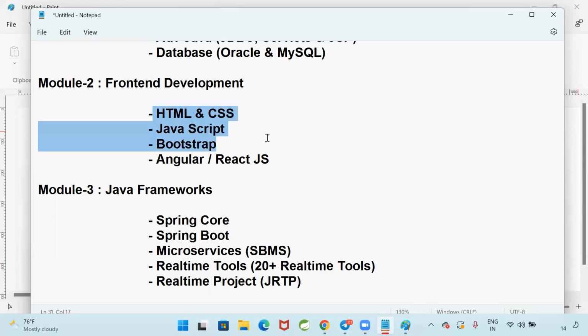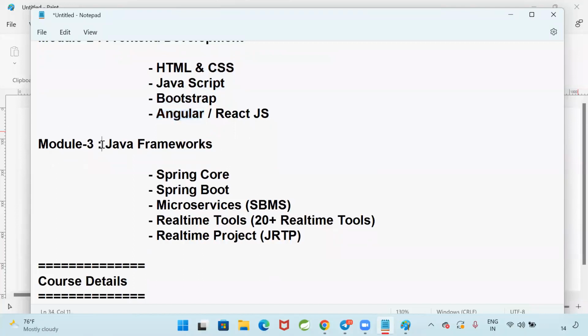So who is the trainer? It is your choice. There are 3-4 trainers available within the 3 months of time. Whenever you are free, either in the morning or in the night time, whenever the new batch is started, you can attend for HTML, CSS, JavaScript, Bootstrap. I am not going to teach these 4 concepts. Got my point? Coming to Angular, I'm going to teach Angular also for you.